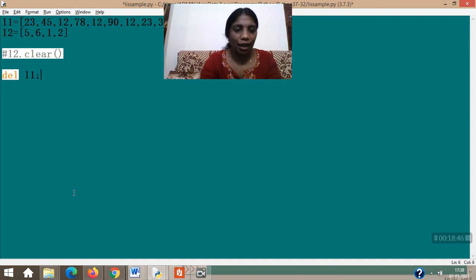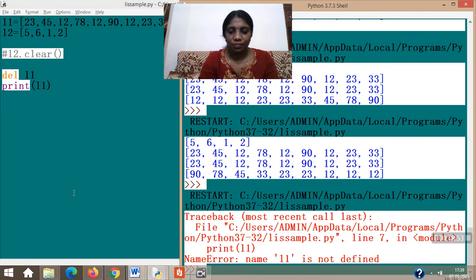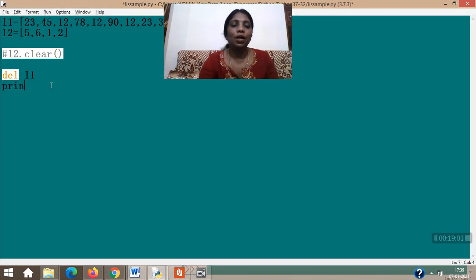If I write here del L1, no semicolon, nothing, and then if I try to print L1, it will be an error. Because now L1 is removed or deleted entirely from the memory. There is nothing like what we did with clear where an empty list remains. So del L1 removes the entire list.